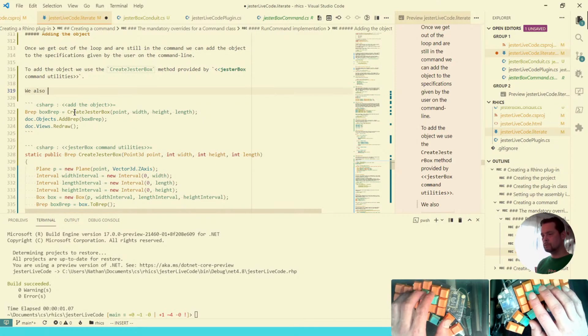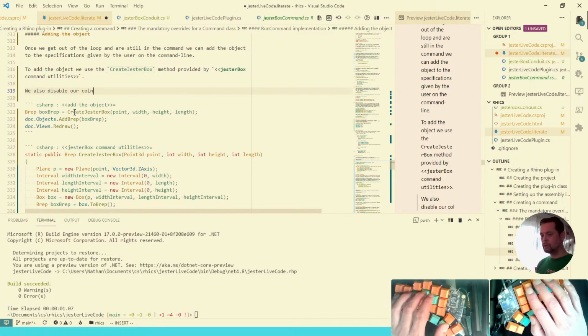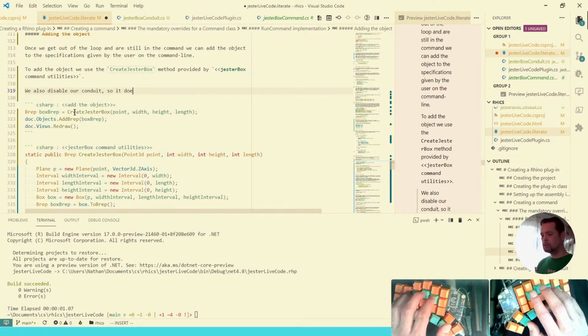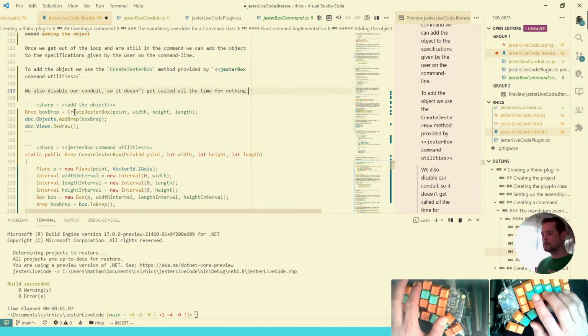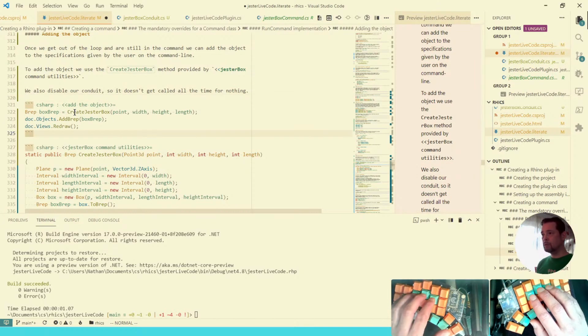We also disable our conduit so it doesn't get called all the time for nothing, because we want this only at the